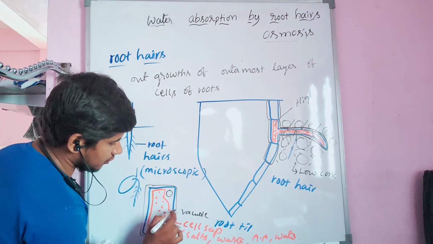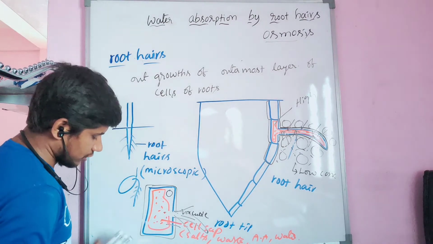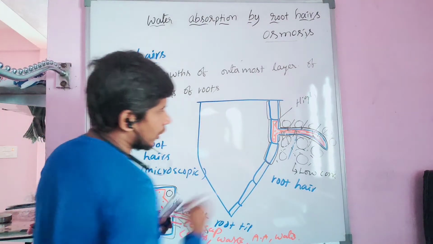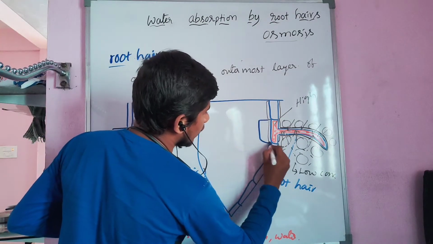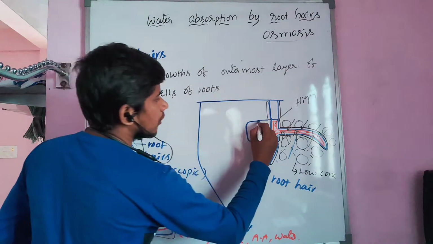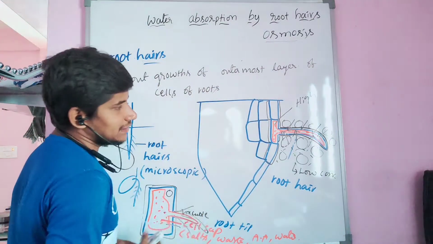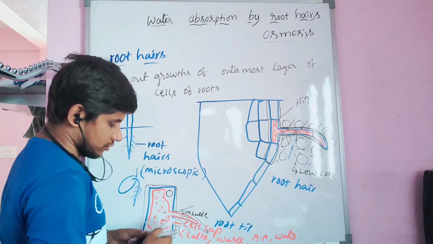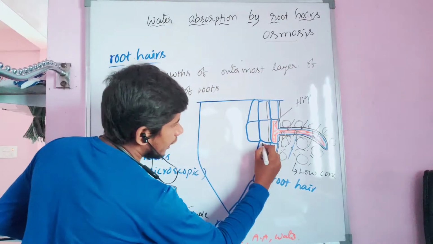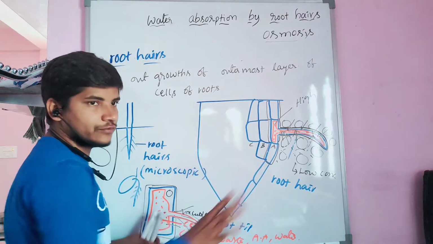For example, this is a root hair. From the root hair the water is absorbing into the cell sap. Now let me draw one more cell here. So this is a neighboring cell and here one more cell. Now, as more water is absorbing into that outermost cell, for our understanding I will name it A, and this is B and this is C. For our understanding, there are no names for them.